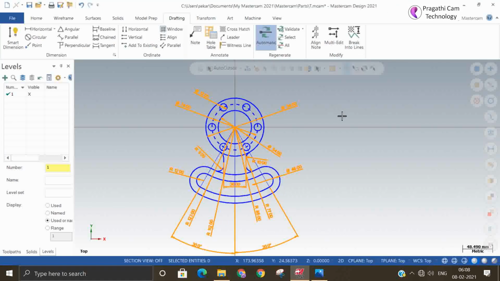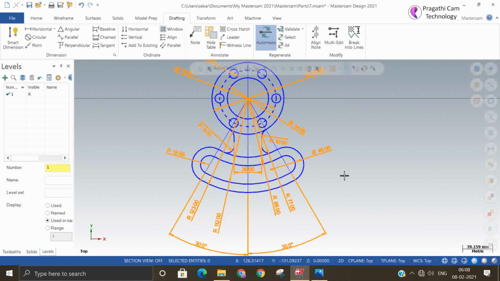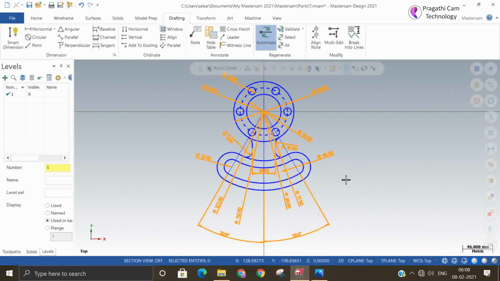Okay, this is one small example of how to make a 2D drawing. There are many drawing files you can take. It's not that difficult. Any drawing book you can take and try these drawings. Thank you.